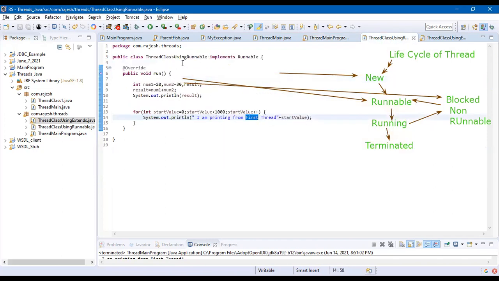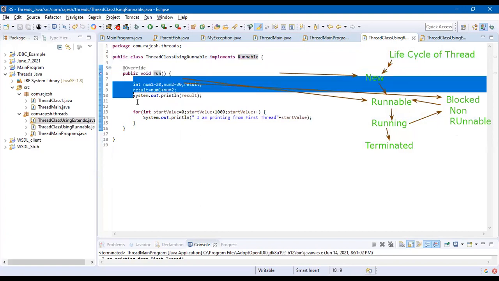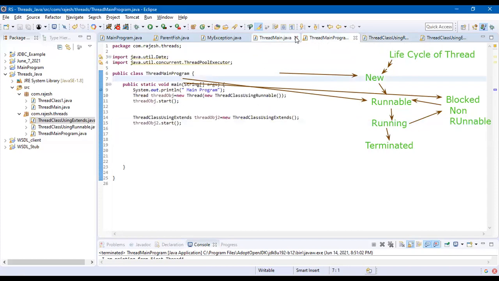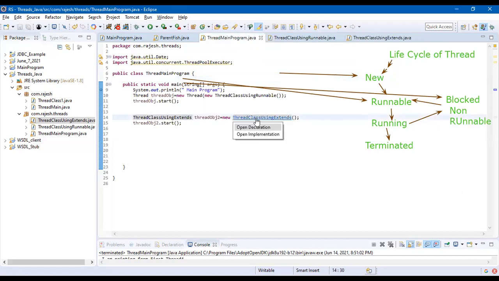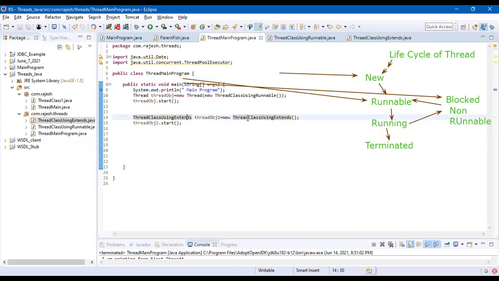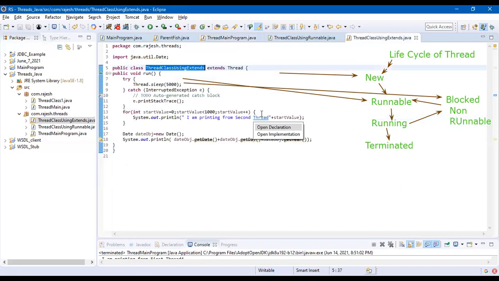So I created a class which implements the Runnable interface, and I get a run method by default. I can give the logic inside this method. This is one way of creating the thread. The other way of creating a thread is instead of giving Thread equal to new Thread, I'll give our own class equal to new our own class. But the only thing is the class must extend Thread. These are the two different ways.